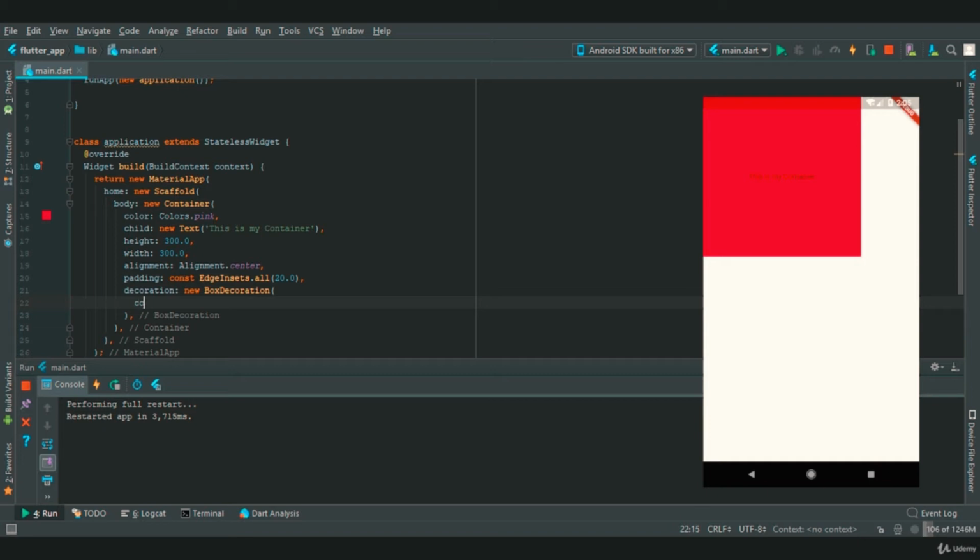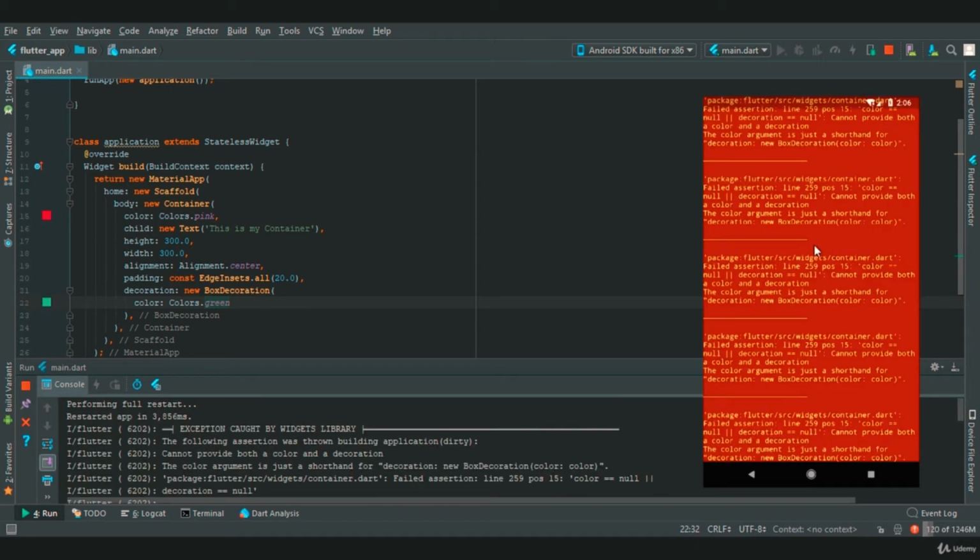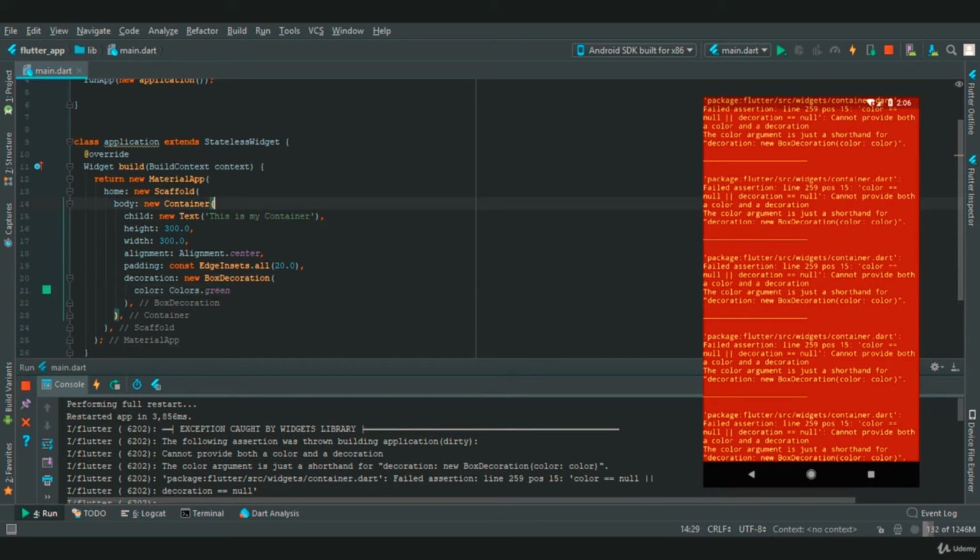So in this we are going to provide a background color property, and we will say Colors dot, and let's provide a green background color to the container. So if we restart our app, we will get an error, and let me tell you why. Because a container cannot have two background colors. So let's remove one of them, and now let's restart the app again.